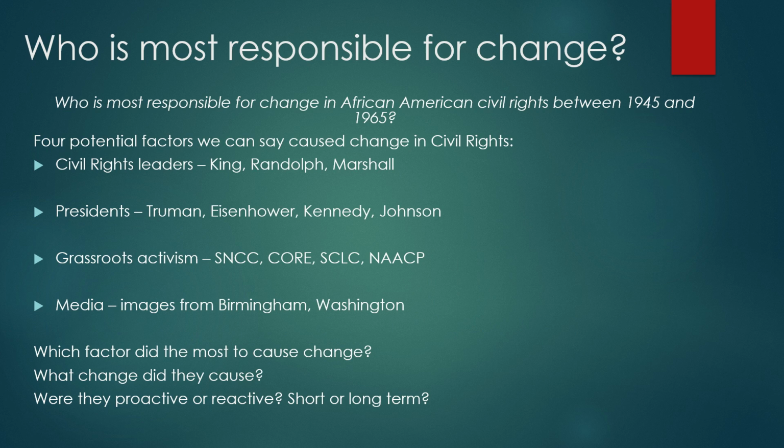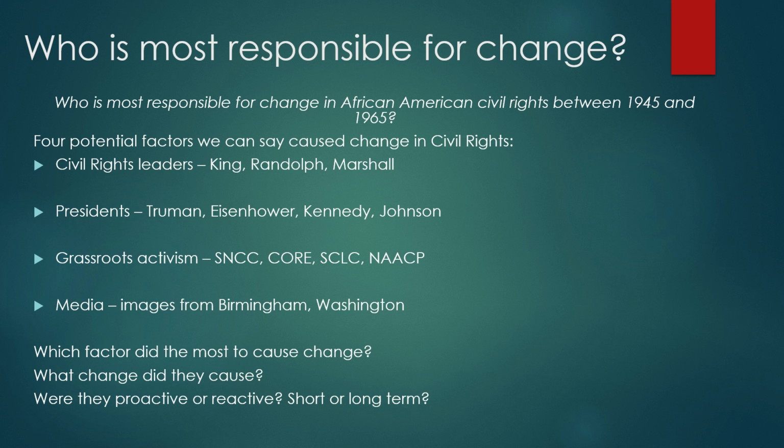As I said, this is going to be a change essay, but it's also what's called a factor essay. Factors are things that we can point to as causes for something to have happened. The key idea we're looking at here is the progression of African American civil rights, and principally the timeline we always want to focus on is between 1945 and 1965. All the knowledge we've gathered across our video series, we can now bring into this essay to some extent.